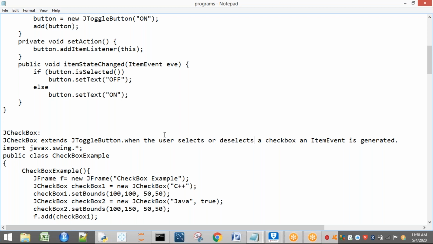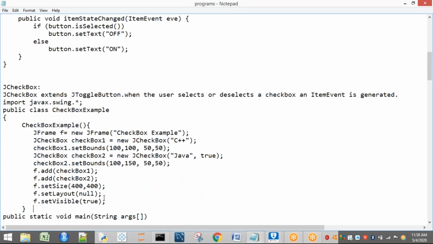So if you want to know whether the checkbox is selected or deselected, we are having a method called isSelected. isSelected is a method to check whether the checkbox is selected or not. In the same way, we have a getText method, which can be applied here. So getText means we are going to assign some text for these checkboxes.